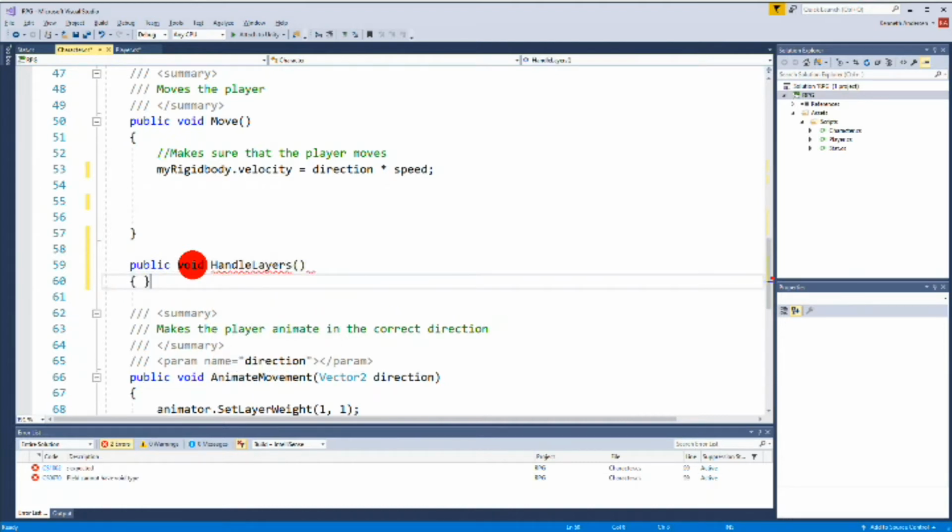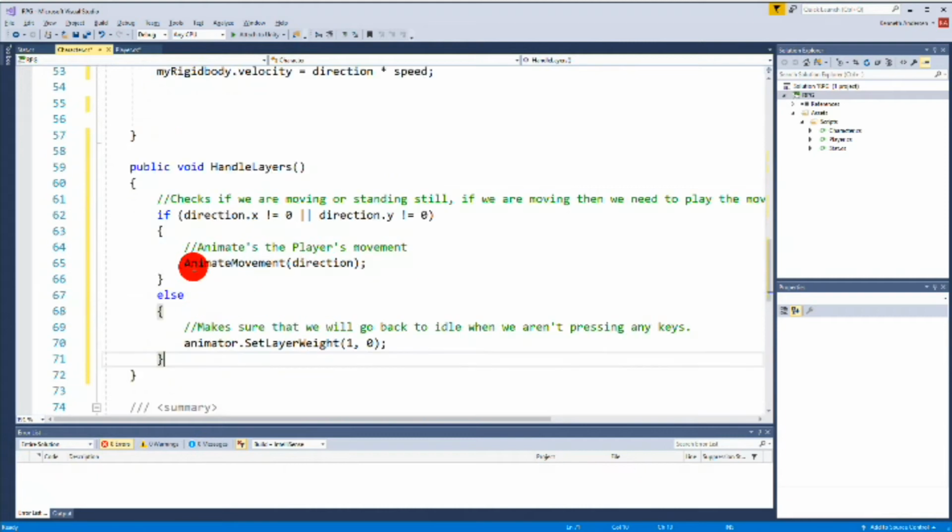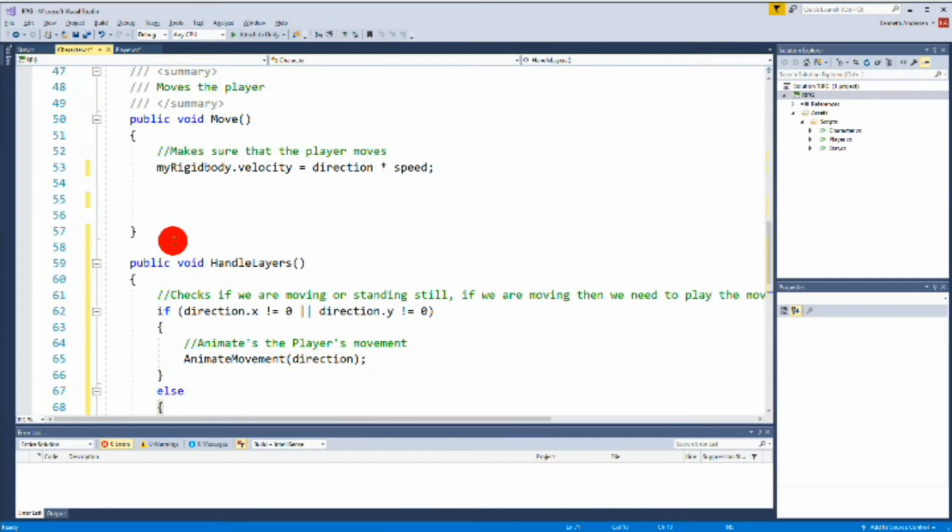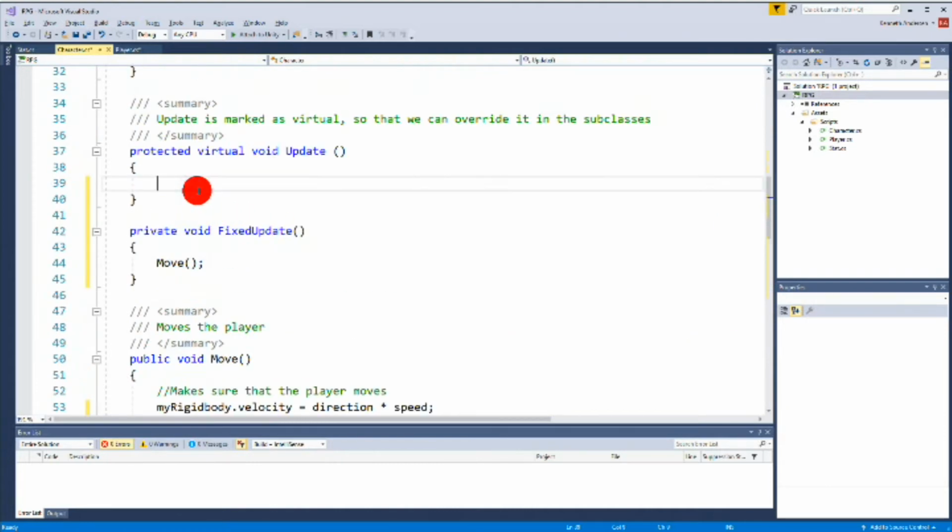This is going to handle our animation layers. So handle layers needs to be called in update. So go to update and write handle layers. So if I save this now,